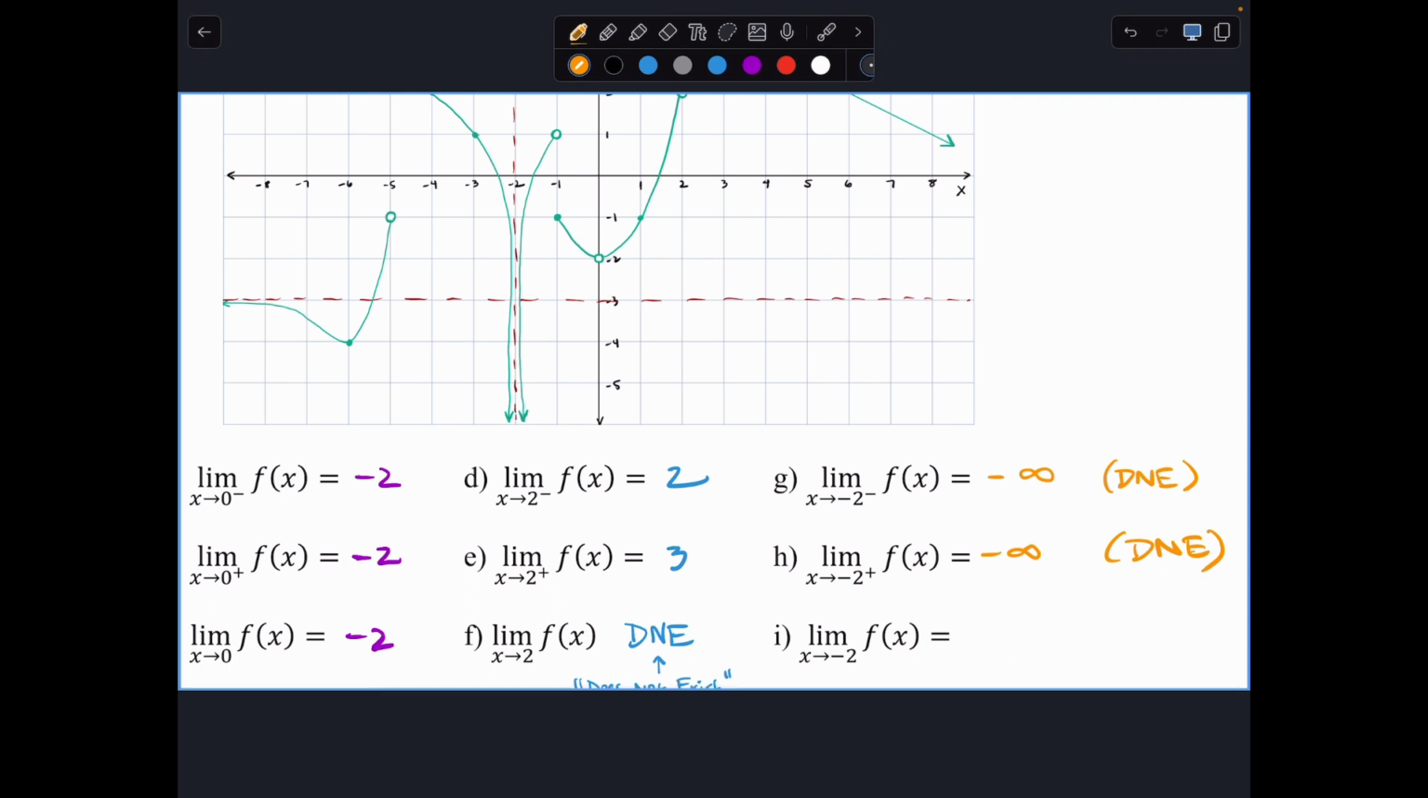Neither of the one-sided limits technically exist. So the two-sided limit definitely is DNE. But because the one-sided limits are approaching the same infinity, we can also say that the two-sided limit is equal to negative infinity. Now, if we had something where there was a vertical asymptote and the function was approaching different infinities,